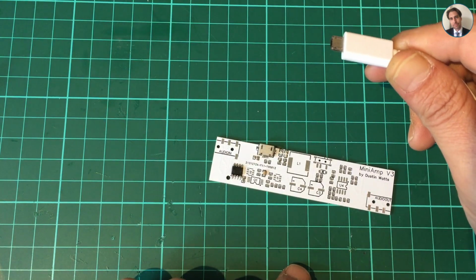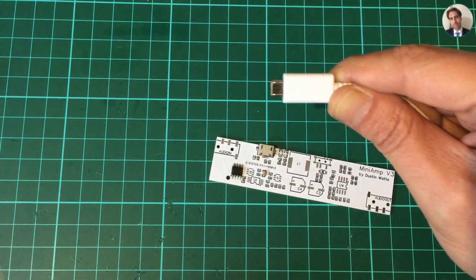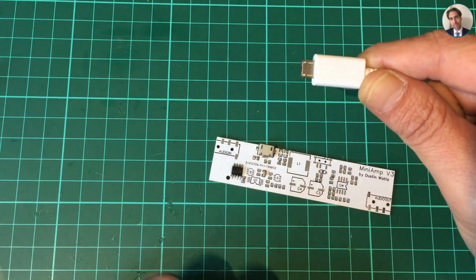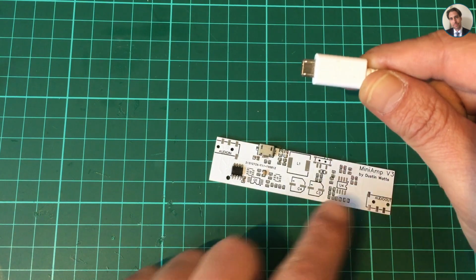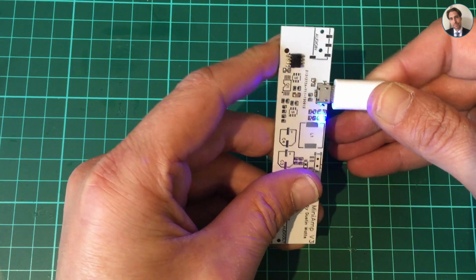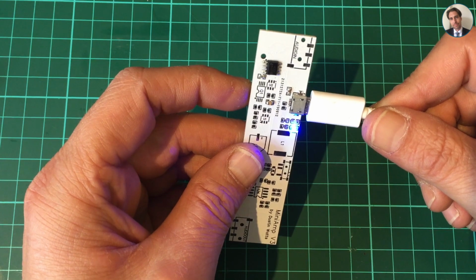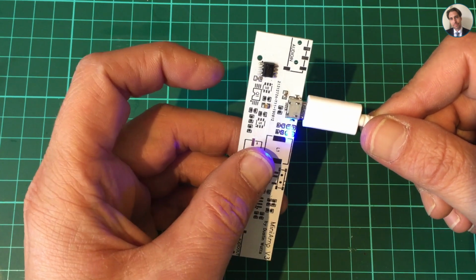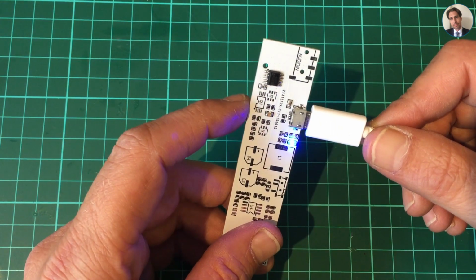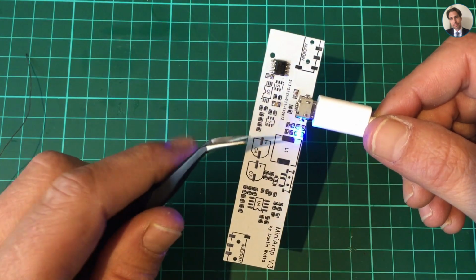So the moment of truth, will this go bang, or will there be any smoke when I plug in 5 volts to this board? Well, there's only one way to find out, and I'm just gonna do it. And an LED comes on. It is the blue LED, which should be green actually, but I couldn't find that, so I used blue. The red LED is pulsating, or